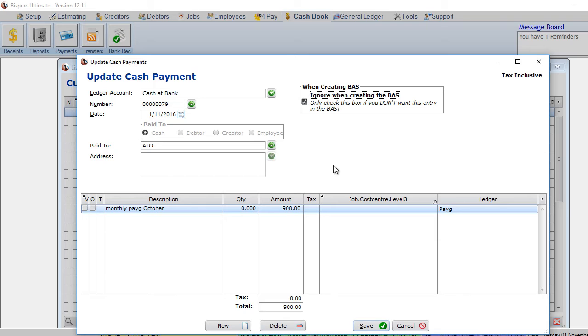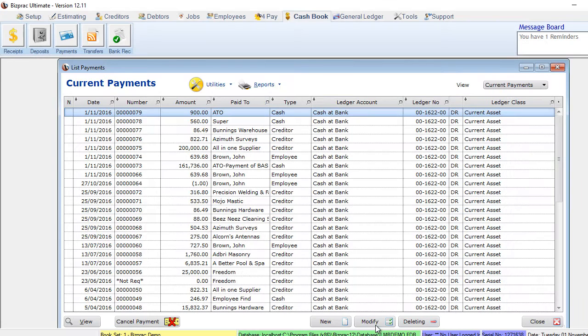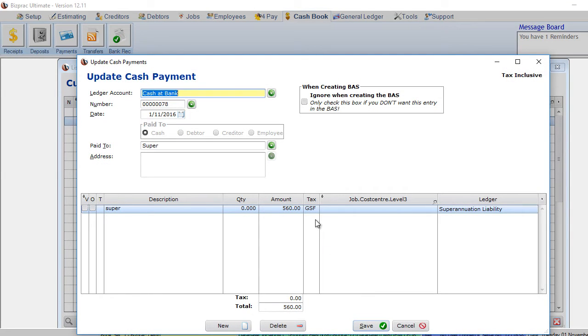It's not necessary for us to recalculate it. We've already done so and we've already made the payment. So we'll click save. The other is our super, and we'll click modify here. Quite often we have codes that have been placed in here, and this can incorrectly report things for you. Superannuation does not attract a GST, so we can quite rightly leave this transaction as blank, and we'll